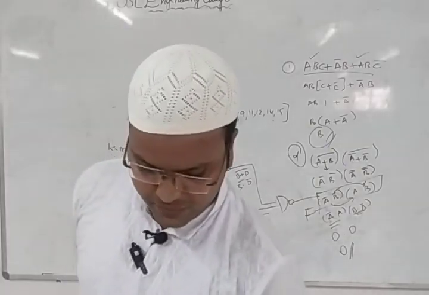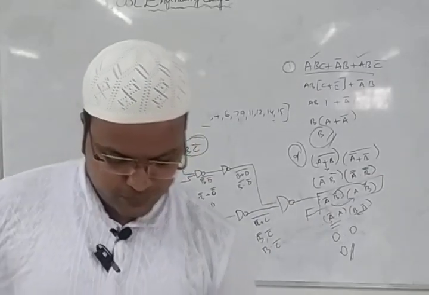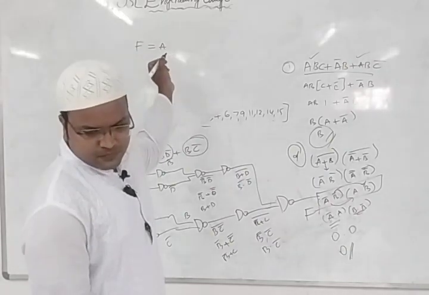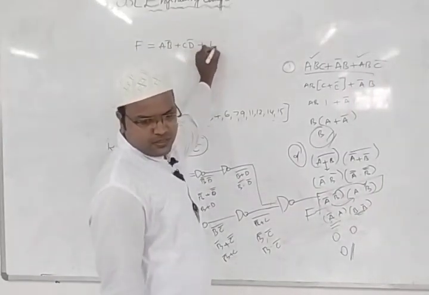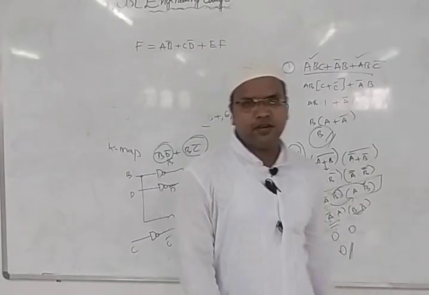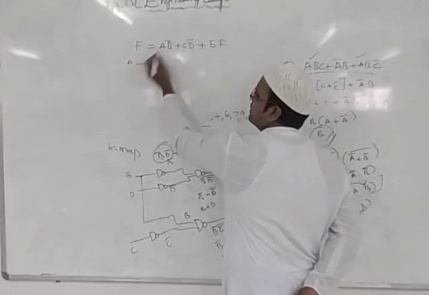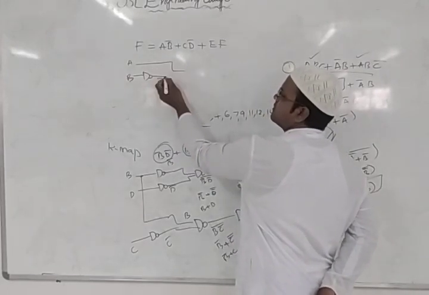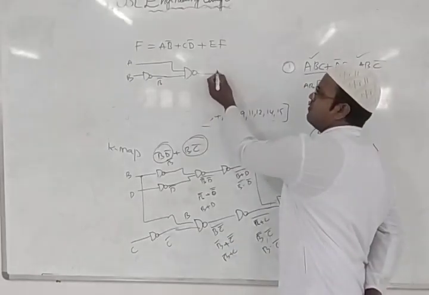So we have A and B. That A and B function we can write and find out the value. Suppose they gave A question, B bit, f is equal to A B bar plus C D bar plus E and F. For this again we'll use A and B. A is there, then B bar means one NAND gate. This is B, and the output of this is B bar. We need to pass this to one NAND gate, and we'll get plus. Again we'll pass it to one more NAND gate.